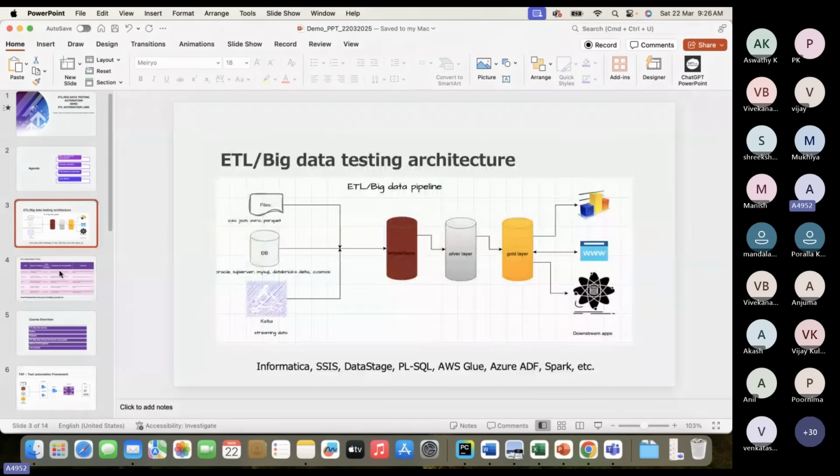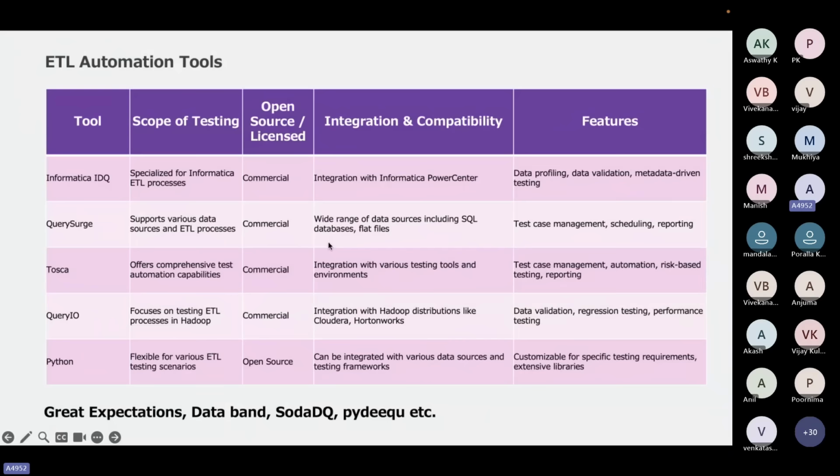Okay. So having all these problems, there are already some tools popular in the market for a long time. Whatever challenges I just spoke about are already resolved with some IDEs or tools in the market. For example, Informatica IDQ does data quality checks and data profiling.